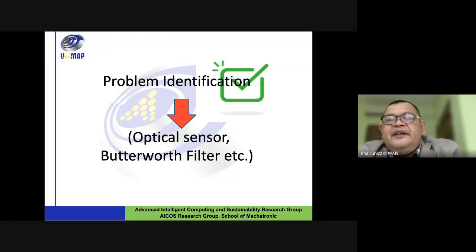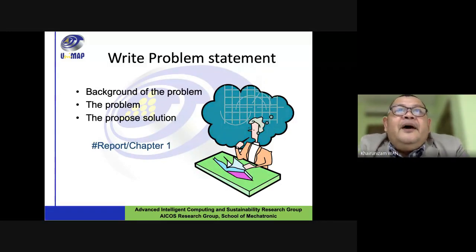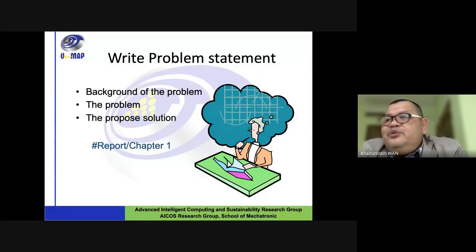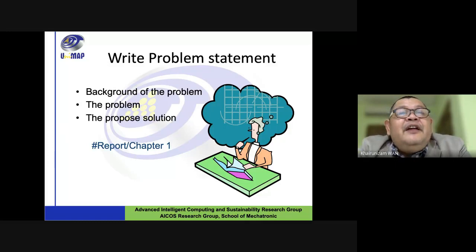so that they can proceed with the second semester with the experimental design, collecting data, and then doing a decision. So, write a problem statement, and how to write the problem statement. This is also one of the issues in writing problem statements. To write a problem statement, it's my suggestion, you write each problem in one paragraph.